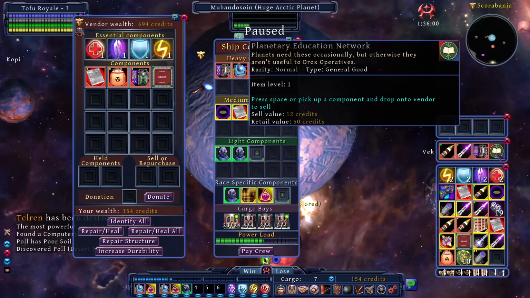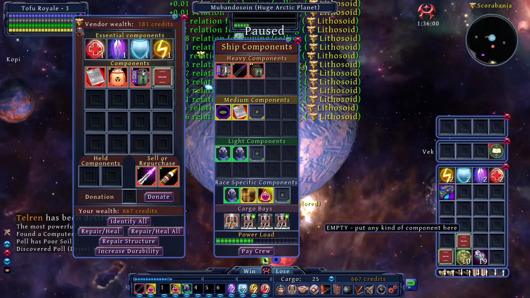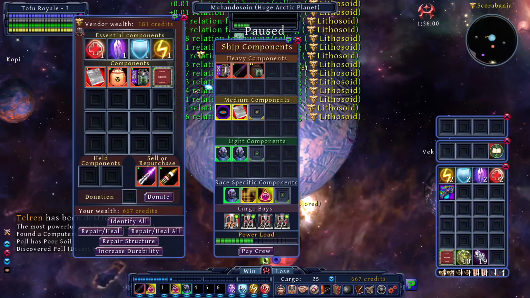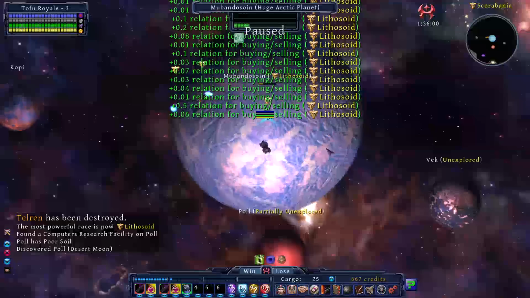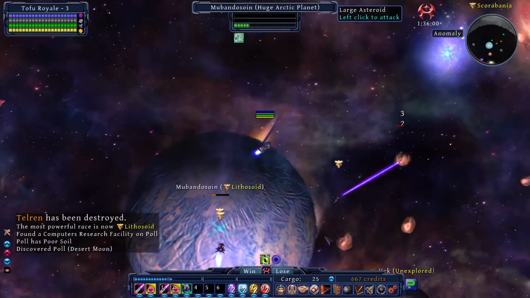A planetary education network. Planets may need these occasionally, but they aren't useful to a Drox operative. Okay, sounds good. I will ignore at my peril then. Okay, so I've vented my inventory with these guys, which gave us a bunch of reputation gain. I would suggest maybe we run the neutronium and the quantumite back to that system that they share with the Hive, and maybe give that to them so their ships get a little bit of a boost. I also equipped a double laser that we have that had a couple more DPS than our...